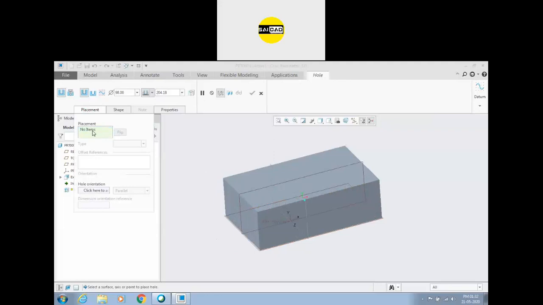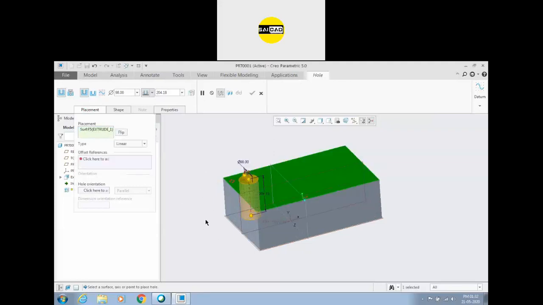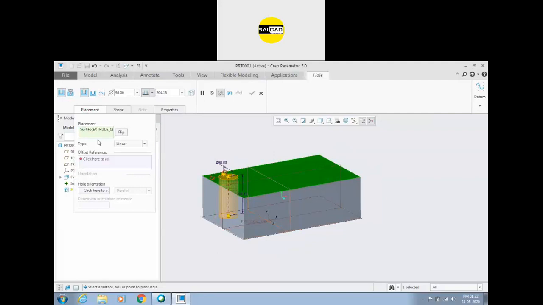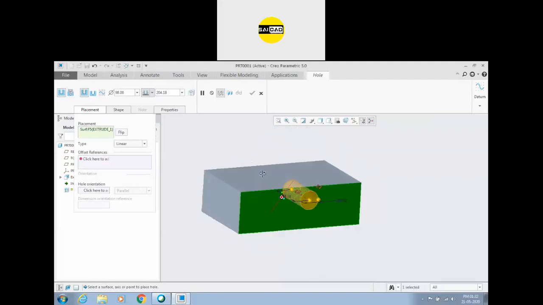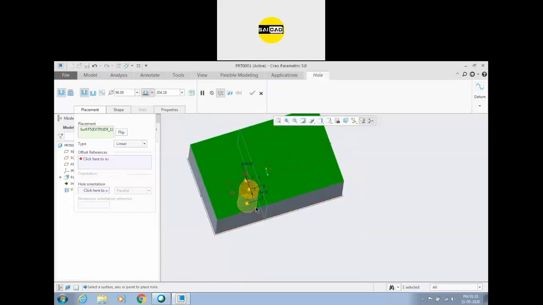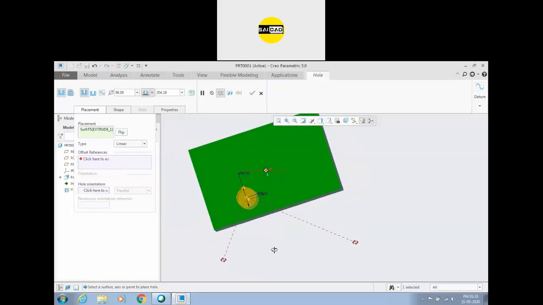First option is placement, where you want to create the hole. You have to just select the face. I want to create the hole on this face or this face, it depends on your selection. You can see there are two grips. You have to specify the references to define its location, with the help of these two grips. You can just click, go here, and it will make a coincident relation right here. You can select this one or this plane or this, anyone.